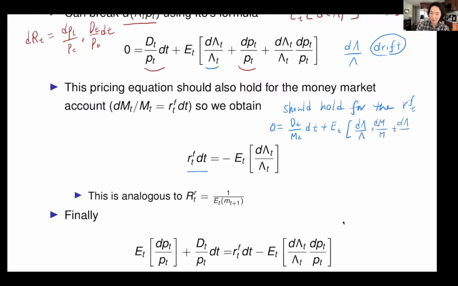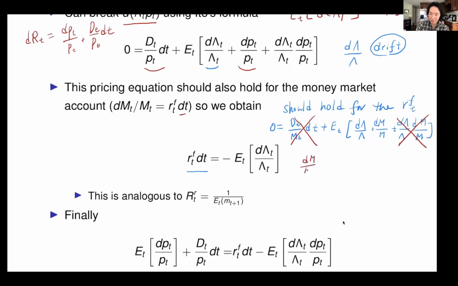I'm just rewriting what is in the pricing equation above using M instead of P. Now, what you can find is that for the money market account, the dividend is 0, so this term is 0. And also, the money market account doesn't have any diffusion process in it. It only has dt. So when it's multiplied with d lambda, it should also be 0. So what is left is